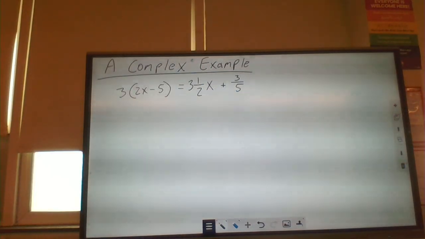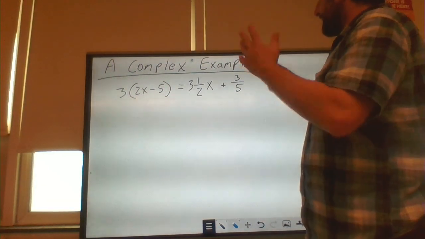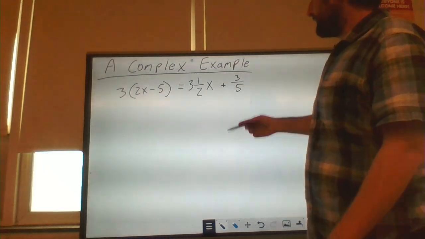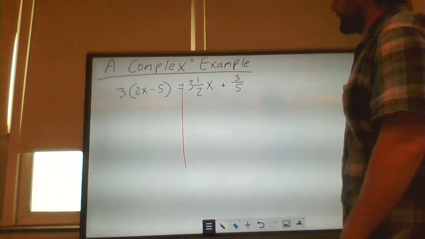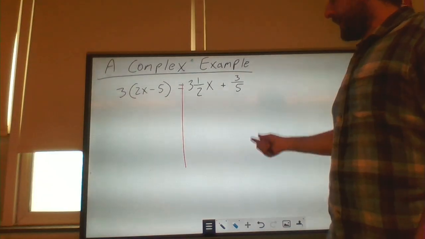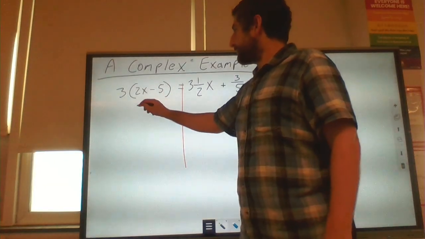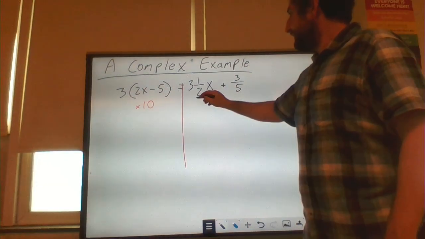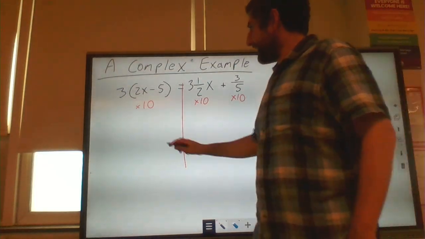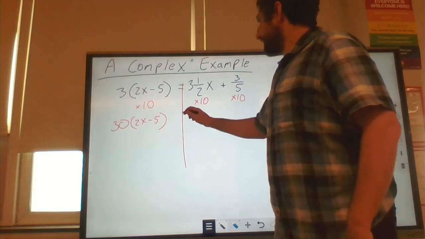All right, the final thing I'm going to do before I log off is to do an example with you. So here is an example of a pretty complex equation. What am I going to do with this? Well, I don't like fractions. So after I split my workspace, the very first thing I'm going to do is I'm going to neutralize my denominators using multiplication. I can clear both of these fractions by multiplying all my terms by 10. So I'll multiply all three terms by 10, and that will turn this into 30 times 2x minus 5 equals